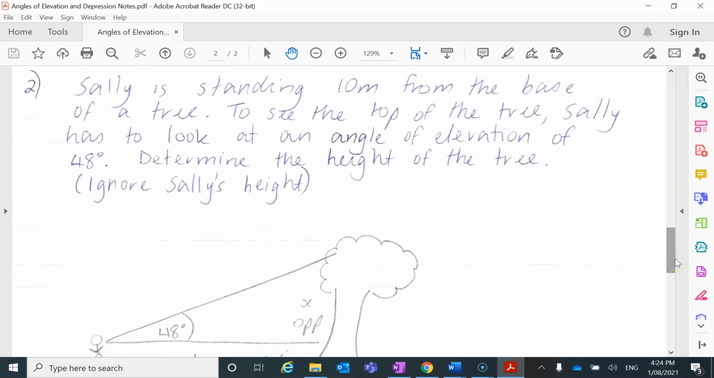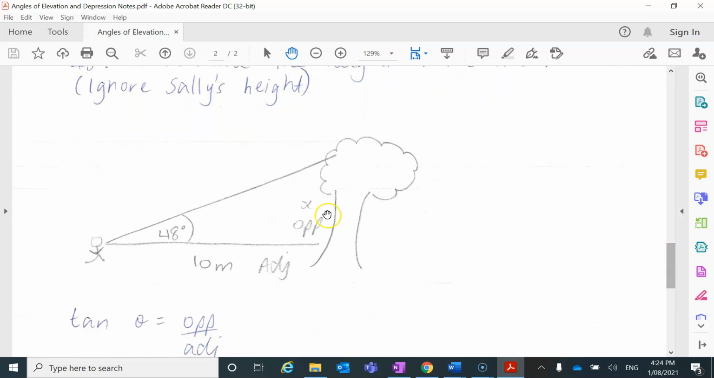Question 2: Sally is standing 10 metres from the base of a tree. To see the top of the tree, Sally has to look at an angle of elevation of 48 degrees. Determine the height of the tree, and the question's asking us to ignore Sally's height. So this is the diagram that I've drawn. Ignoring her height, we have that this is the horizontal,